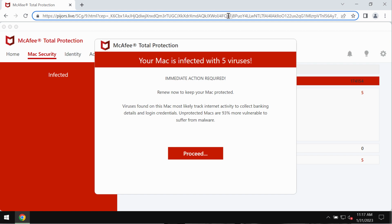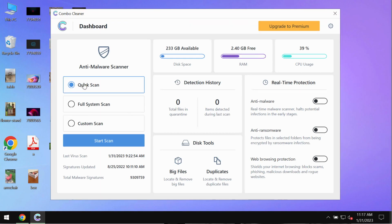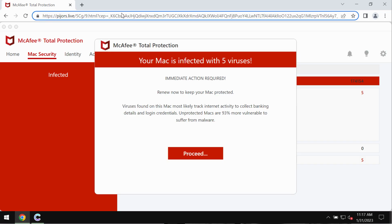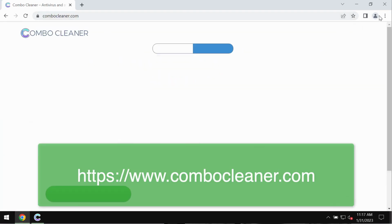Pijors.live tries to make you pretty scared about the situation of your computer in order to force you into downloading and installing some potentially unwanted programs. If you see these scary alerts, don't trust them. Just leave this page. I also recommend you to carefully research your device with Combo Cleaner Antivirus,